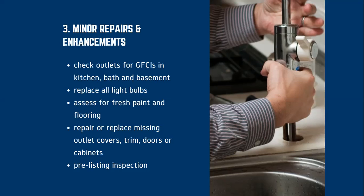A lot of homes could use a fresh coat of paint. If that's something you're willing to do and it's needed, that's when you want to talk to us and have us look at your home in person and say, should I paint this room? Should I get new carpet or change out this flooring? That's what we're there for. A cheap fix that can really make a difference in making your home appear neater and cleaner. Even if you are a clean person, just